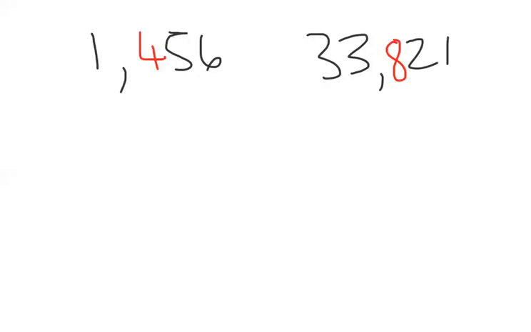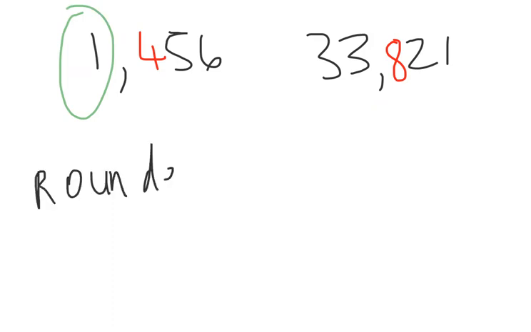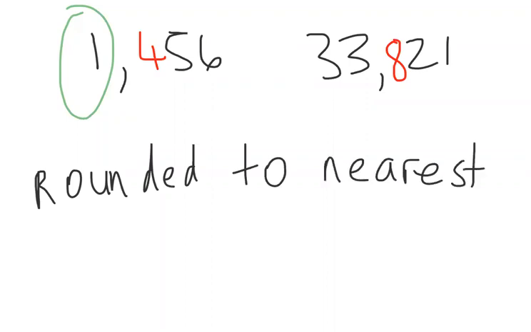Another type of question they might ask you is to take this number over here, 1,456, and maybe round it to the nearest whole number. So what does it mean? The whole number is the number in front of the decimal. That will be the 1, or a whole number. So there we have 1, and 456. Now, if they say rounded to the nearest whole number,